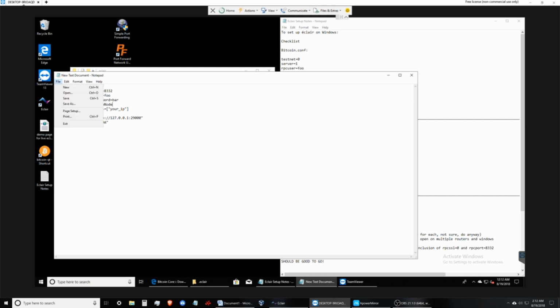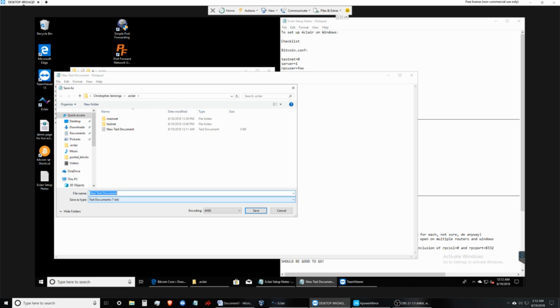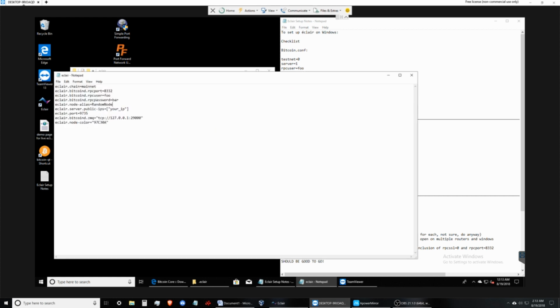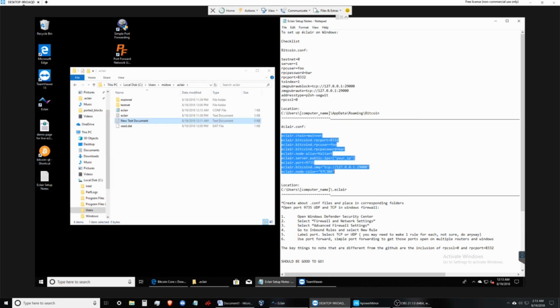And then you go to File, Save As. We're going to save that file name as eclair.conf. What that will do is automatically save it as a configuration file, and when we go back, you'll see that it's been saved as a configuration file. Just going to delete out that extra text document. Now you're set up